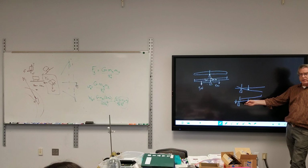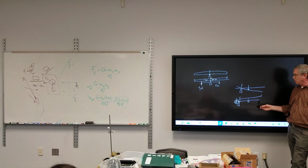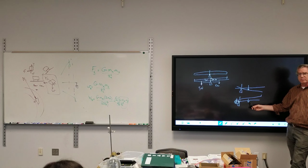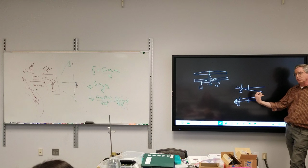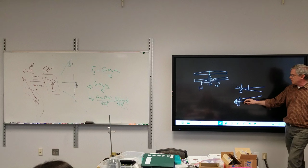This has a shorter moment arm because that distance is shorter. It has less weight because that piece is smaller. This has more weight and a longer moment arm. This will have more torque that's going to rotate clockwise again. Now, in order for this to be balanced though,